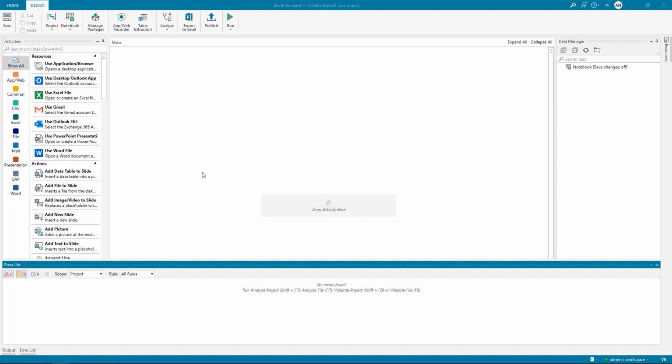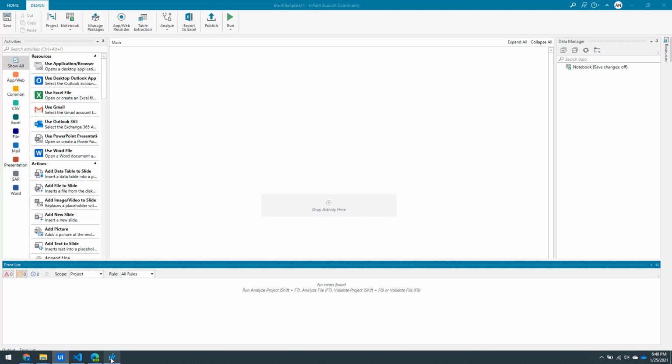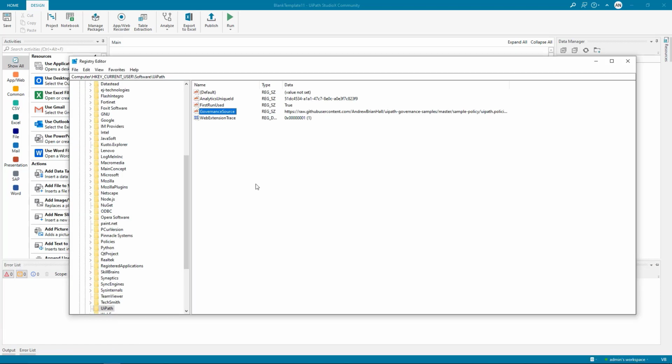Okay, the final thing I want to talk about is how to enable a governance policy in a secure way such that all of your users pick it up. There are 2 different ways that we can do this. The way that has existed up to now, and is still perfectly valid, is to set a registry key on the machine that points to a remote policy file. So for example, put it on a file share or in blob storage, and then as part of the install script,